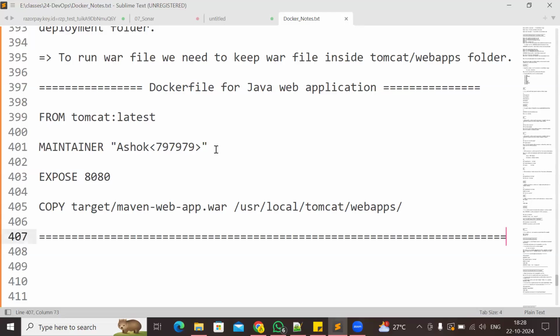All right. So this is a Docker file to run our Java web application. All of you clear with this Docker file now? Is there any confusion? Sir, for a Java web application, it will download the latest version of Tomcat, Tomcat 10. Yes, sir. But if you want to download a particular version of Tomcat also, you can specify the base image with that